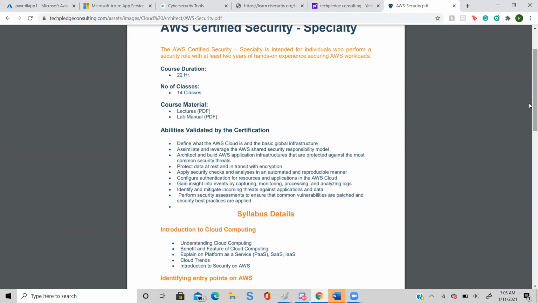For example, if someone tries to connect to your server, how will you secure it? How will you ensure that this person who is connecting is the genuine person, that it is coming from a location which you know? It is not coming from Nigeria. It is not coming from China. So how will you filter that traffic?